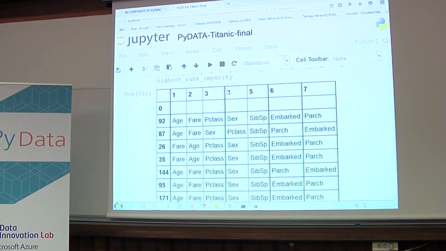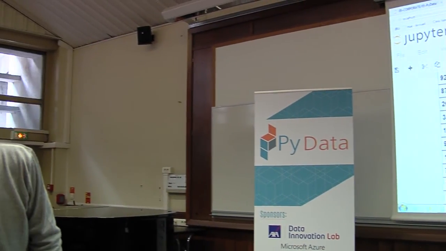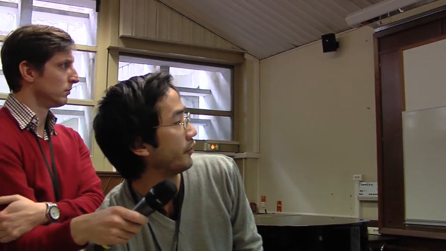So what we can see now is some few differences because age comes first for the person with the highest scores. Then you have the fair, the class, and the sex variable. And what you see here is the results for the lowest scores. So what we can see now is that the ranking of the variables has changed with the previous method, but we are still not satisfied with this method, and that's why